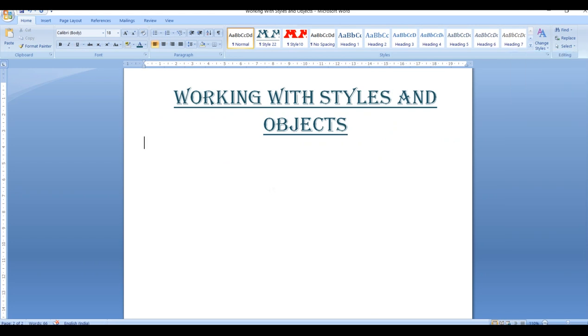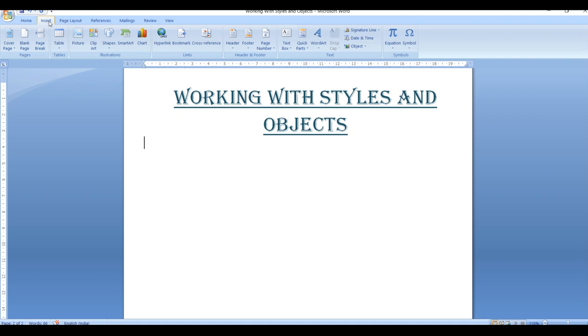Now, after preparing your own style, we saw how to insert word art. For inserting word art, remember students, whenever you want to add something to your file, you have to go to the Insert tab. Where will you go? Insert tab. In the Insert tab, go to the Text group. In the Text group, go to WordArt. Just click on WordArt.